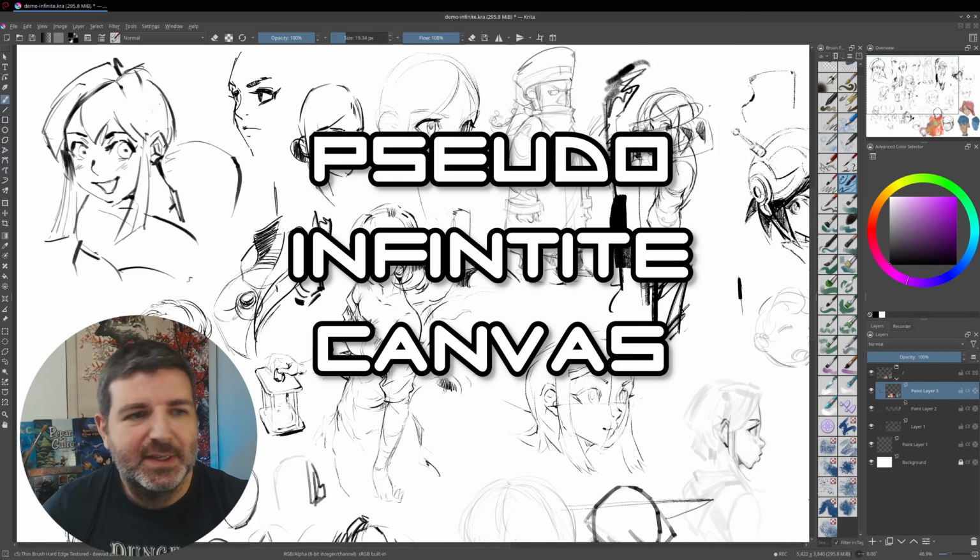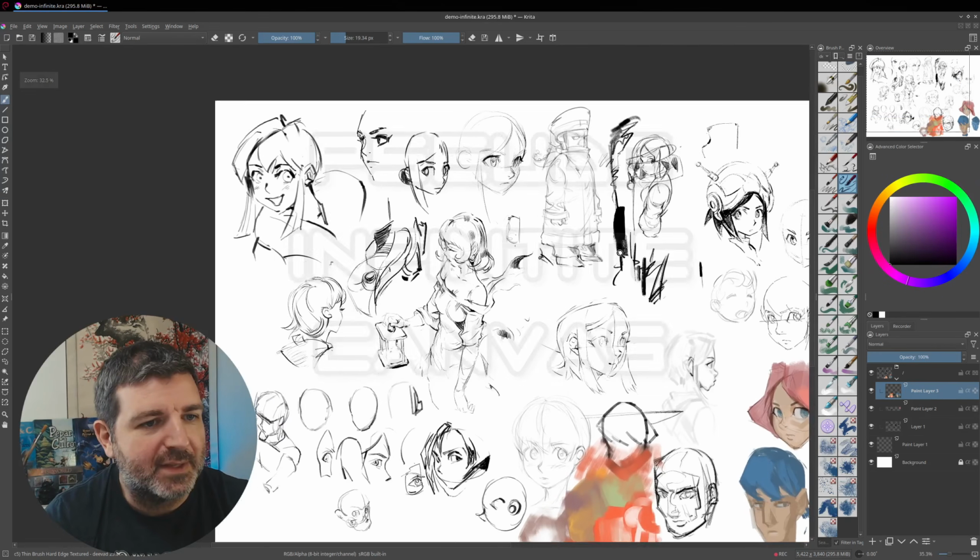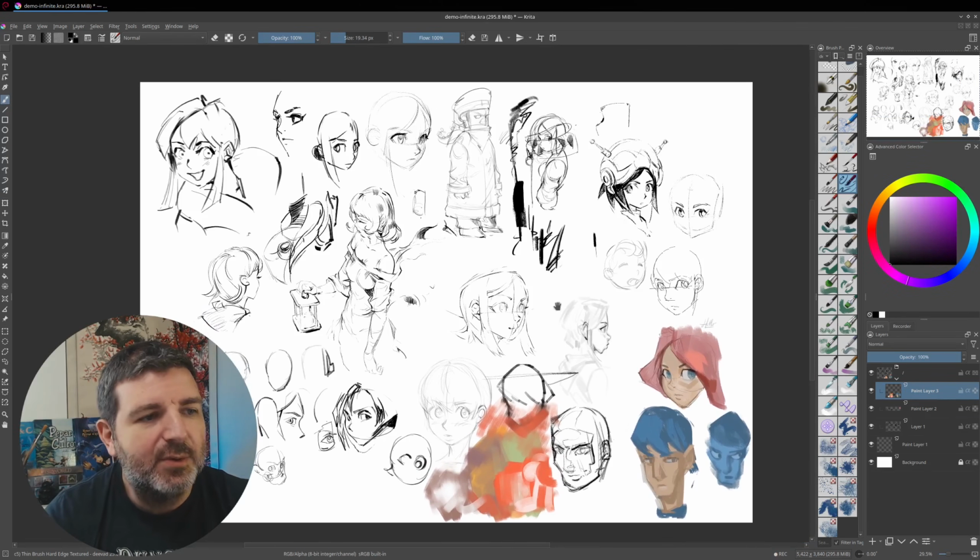One of the features not well known in Krita is the Pseudo infinite canvas. And what is it? It's when you have a canvas that is full of sketch like that, and you need to extend it. You can do, of course, this operation with the crop tool, but there is a feature for that. You need to pan the canvas, so here I'm